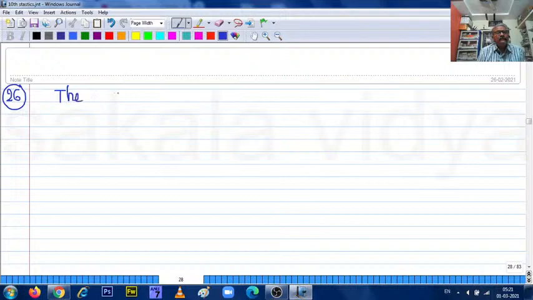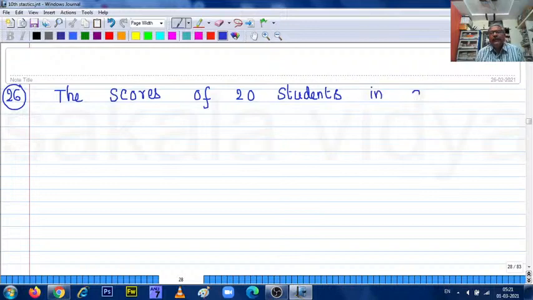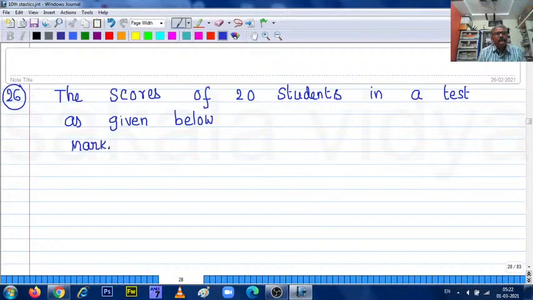The scores of 20 students in a test, that means in an examination, as given below. So marks, number of students,